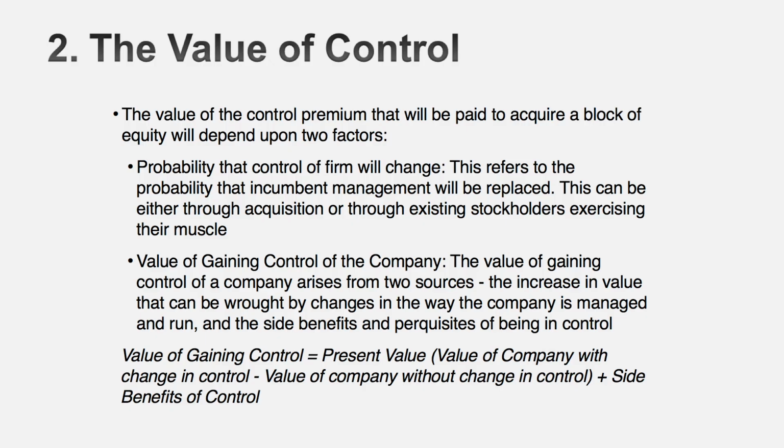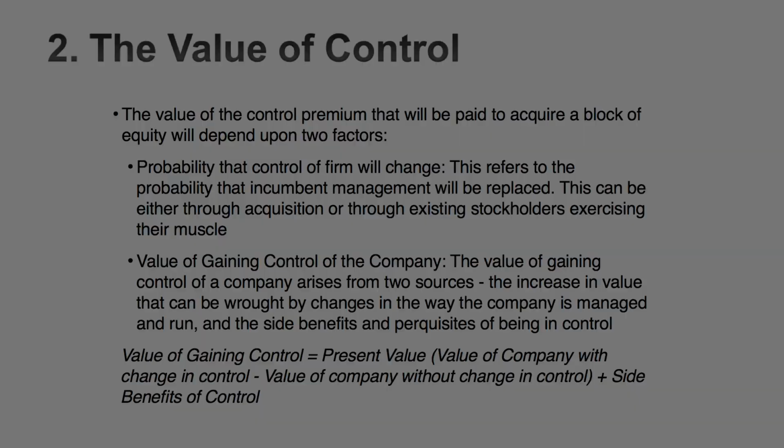Now, of course, for you to be able to pull this off, you have to estimate the likelihood that you can replace the management of the company. That could range from 0, if the management is entrenched and they own all the voting shares, to 100% if the company is in play in an acquisition. But to value control, you have to do two valuations and assess the likelihood that you can change the way the company is run. So let me take an example to illustrate this process.